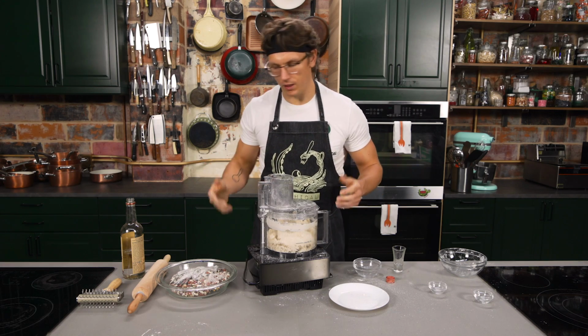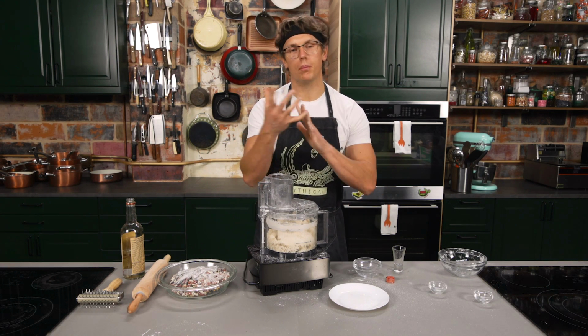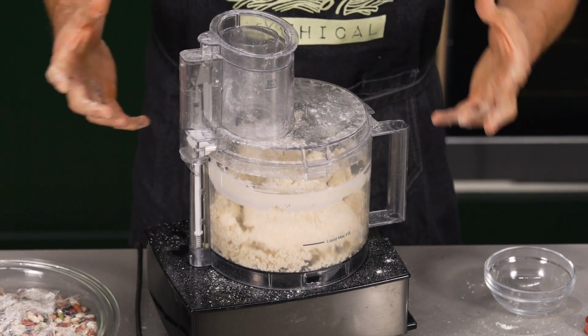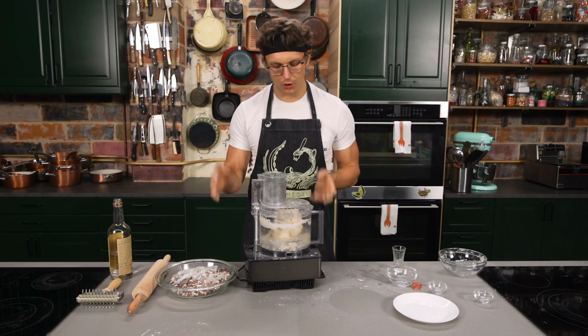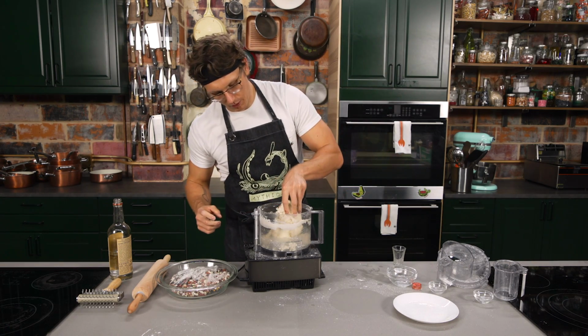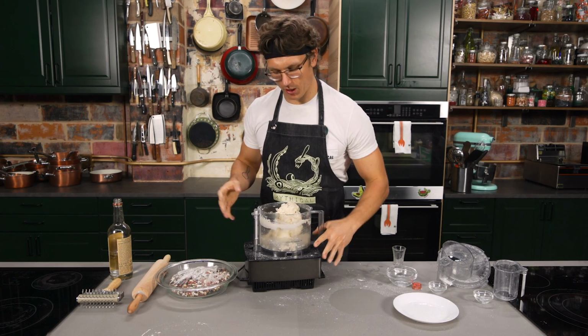So the reason we added vodka in there is because alcohol evaporates at a lower temperature than water. So similar to the way the butter is going to evaporate and create little air pockets to make your crust extra crispity and crunchity and delicious, vodka is going to do the same thing. So you don't want any loose flour at the bottom of the mixer. You want your dough to kind of be a somewhat solid log. That way you can wrap it up, get it in the fridge, and then it'll be good to